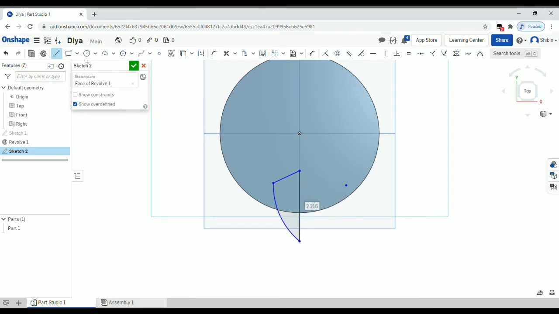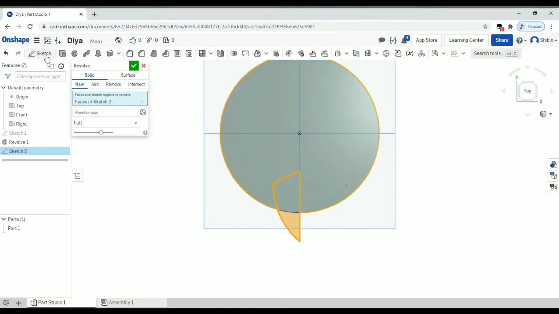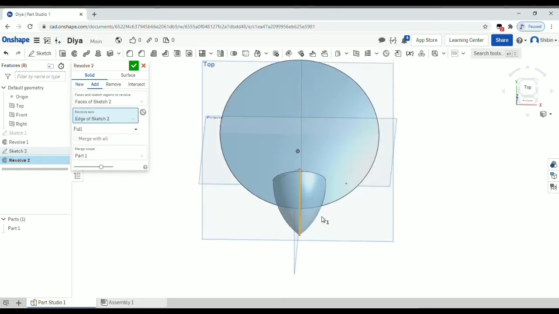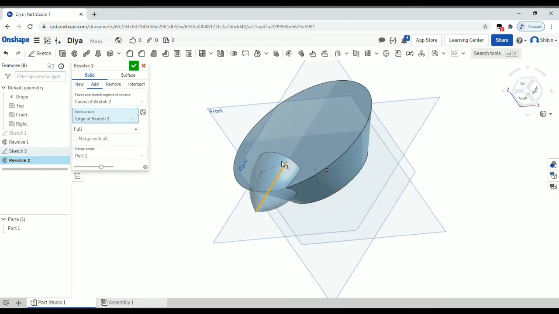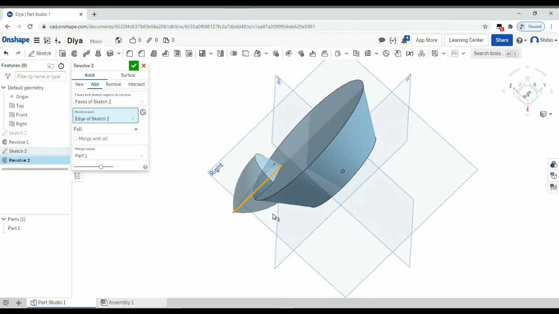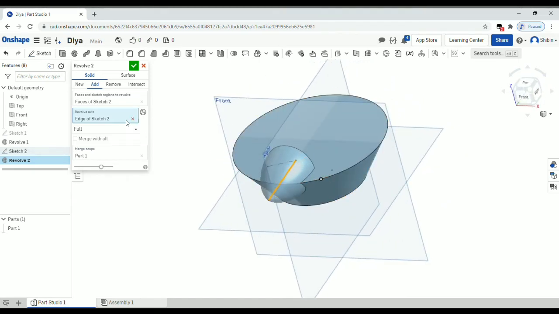Now we'll revolve this part also. So click on revolve and select revolve axis as this axis. Now this is not the intended shape, right? That's happening because it's revolving 360 degree. Now go here, see this full, click on that, change that to one direction.